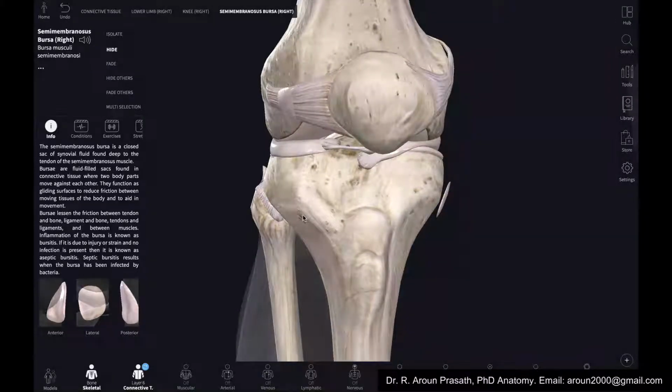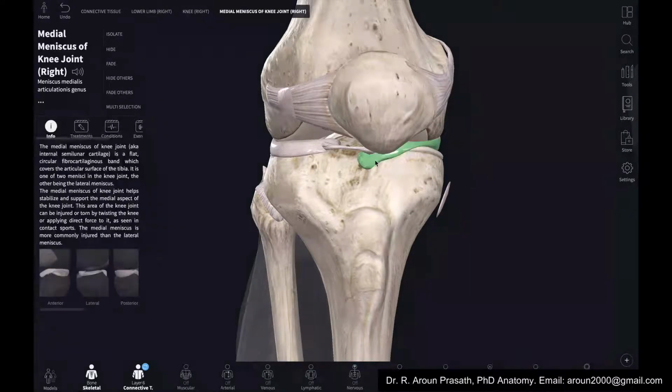And there are many tests: Lachman test, Drawer test, medial collateral stress, lateral collateral stress. There are various tests to find out the stress and strain of the ligaments, and also if there is a meniscal injury, then we can do lots of tests. Manual testing of the joints, I will take in a separate lecture, hopefully with demonstrations.